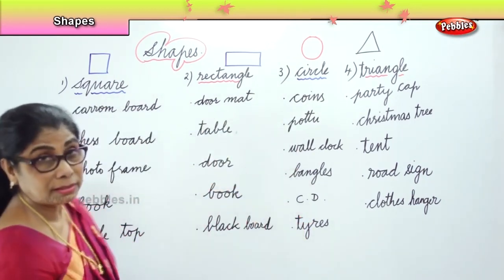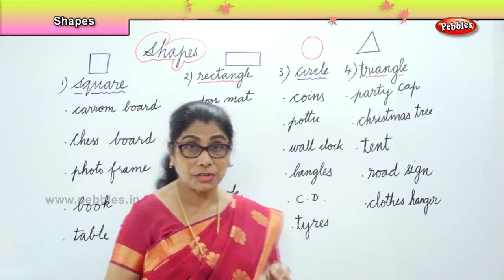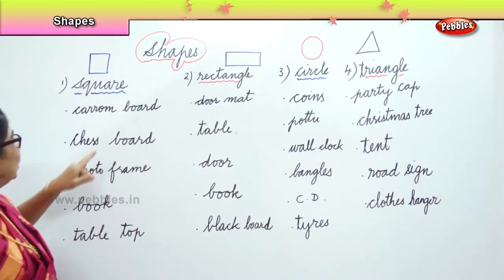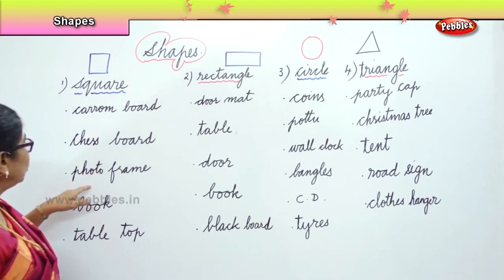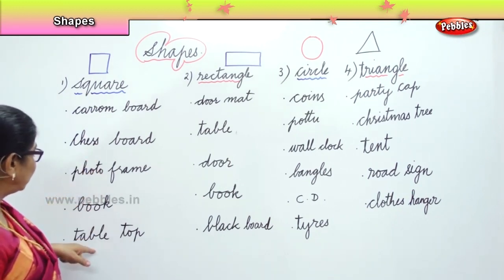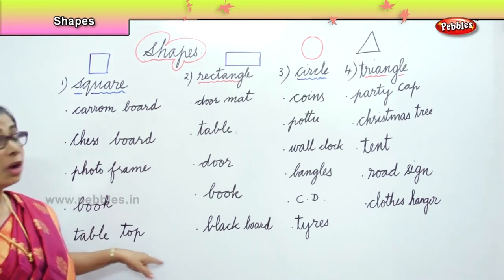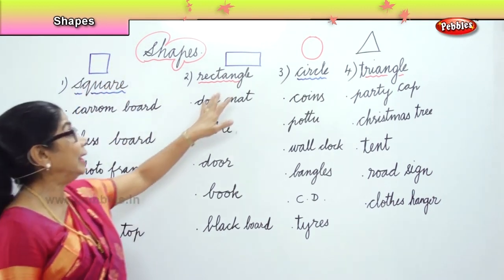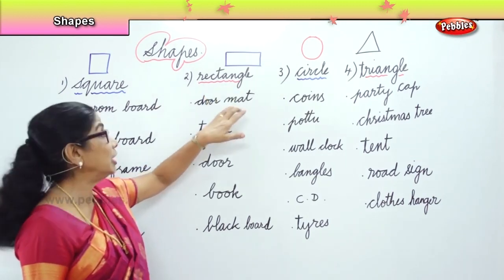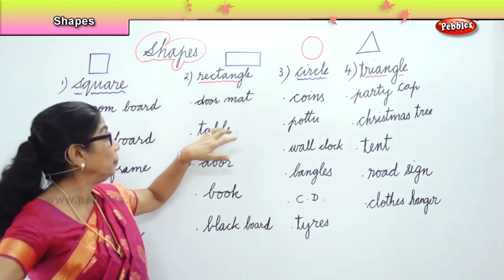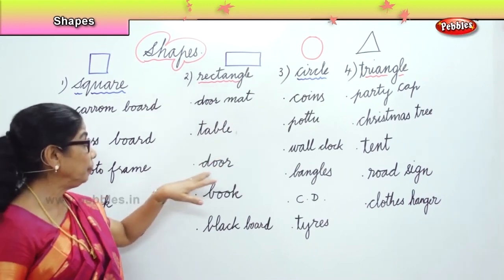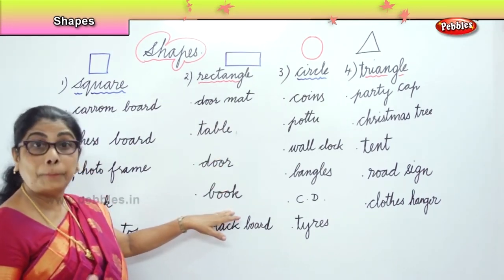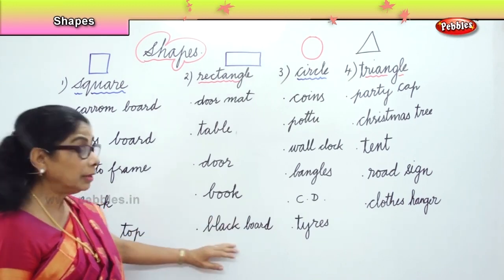Now, even your duster is rectangular in shape. Yes? Now, square shape. You have carom board, your chessboard, photo frame, your book, storybook, tabletop. They can all be square if you have a square table. Then, the rectangular shapes, your doormat, your tabletop, your door itself, or your window, your books, notebook, textbook, the blackboard in your class,